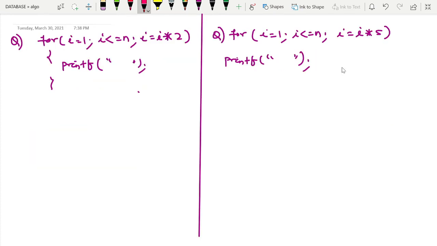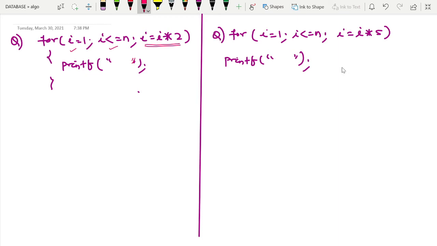So let's see here. These are the two questions I am taking. So look at this. This is the same part, this is the initialization part. Here it is initializing with 1. This is the condition checking part, and after comparing whether it is true or false, we are going down to the condition statements, right? So here is the difference actually. Here we are not incrementing linearly, right? Here 2 is multiplied each time.